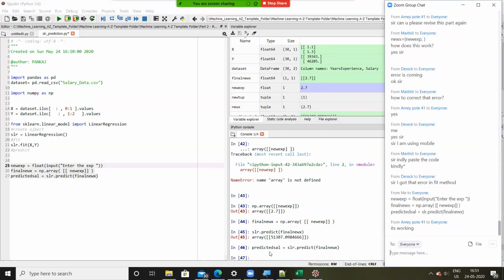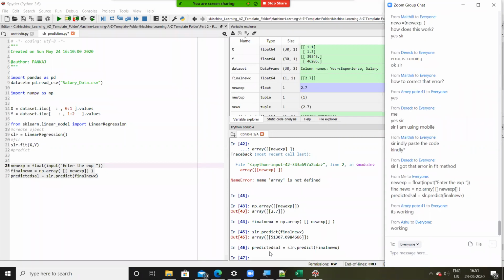Yeah, Amaya has confirmed that it's working. What about others? What about others? Ashu? Yeah, thanks for confirming it.